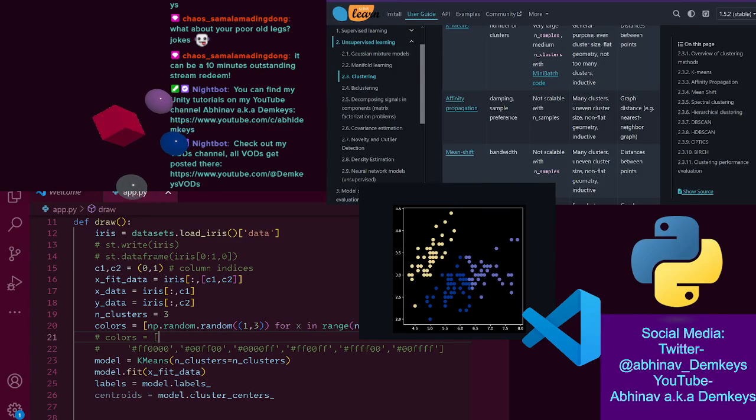It iterates over all of the points in the data set, and it constantly keeps calculating the mean. And there's a threshold when